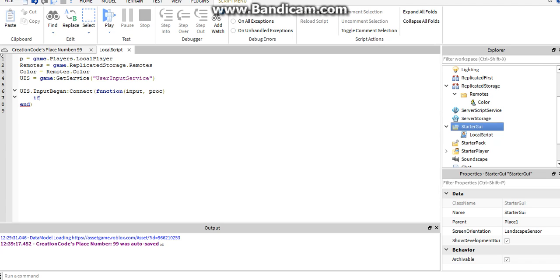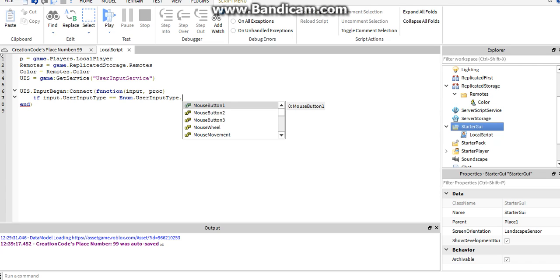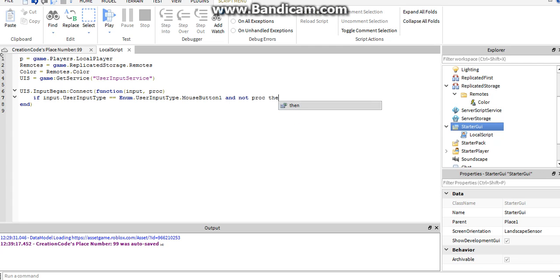So you want to say if input.UserInputType equals Enum.UserInputType.MouseButton1 down and not proc, then